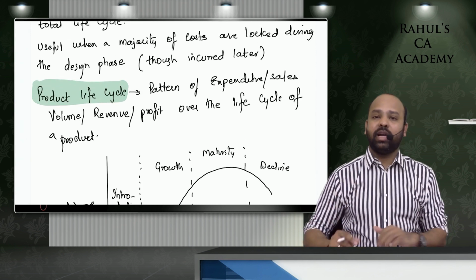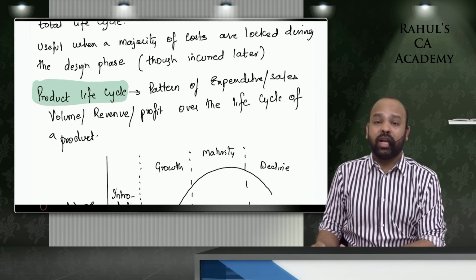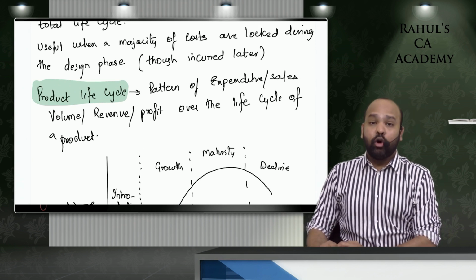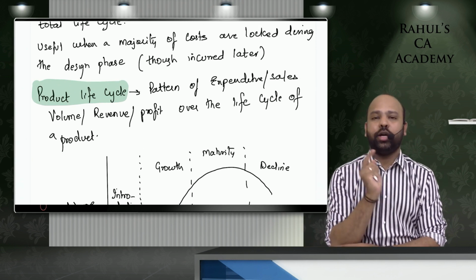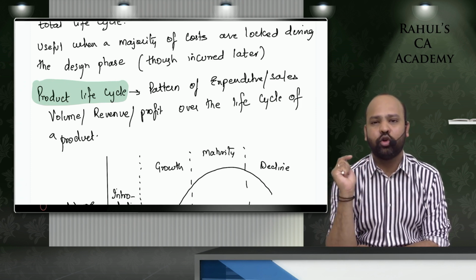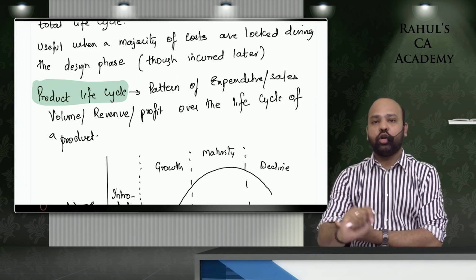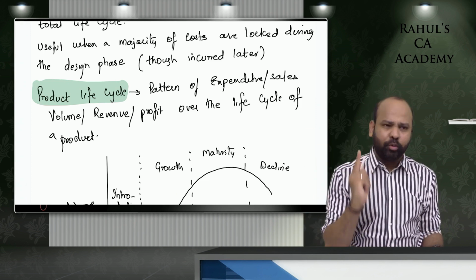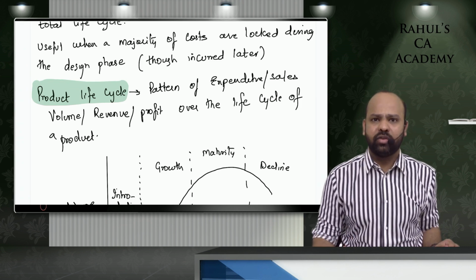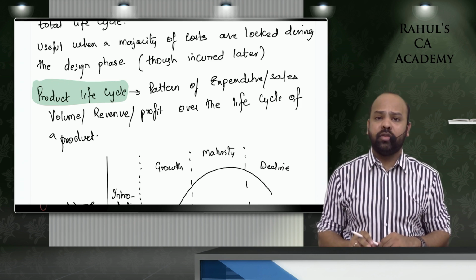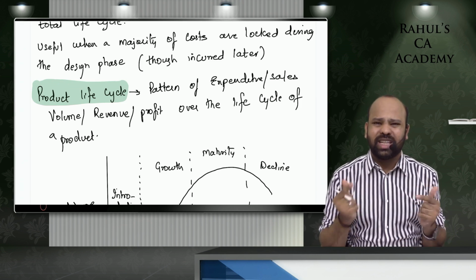A product life cycle is all about understanding the pattern of revenues, pattern of cost, and profitability over the life cycle of a product. Always remember, the selling price per unit is not going to remain constant throughout the life cycle of a product. The cost per unit is not going to remain constant. The profitability is not going to remain constant. Even this part came as a comment in the examination. Every point that I'm discussing is important for examination. Listen carefully. They might ask you how the profit per unit will change, how the cost per unit will change, how the selling price per unit will change.